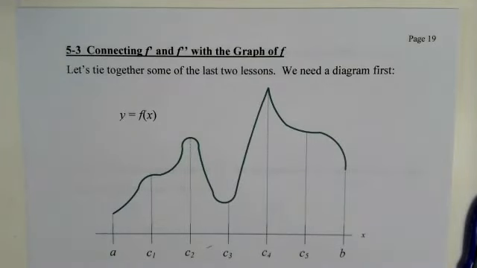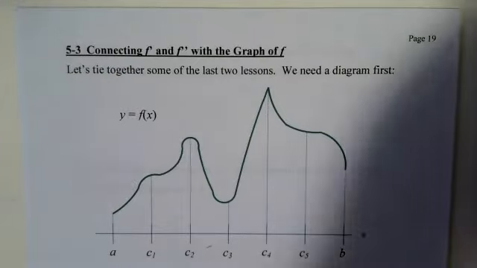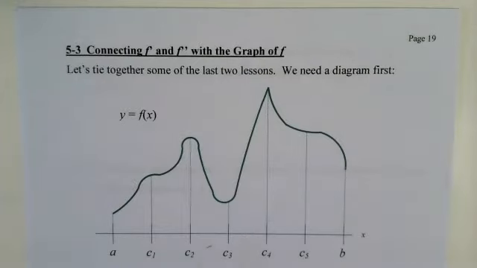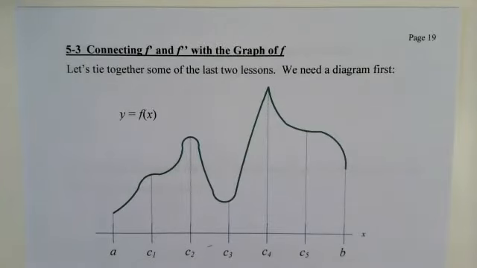Lesson 5.3, connecting the derivative and second derivative with the graph of the function. There's a lot here. I'm going to jump right in. It says in the diagram above, and I made this once upon a time with some weird software, show the derivative in each interval and at each critical point. Reminder, critical point is where f prime equals 0